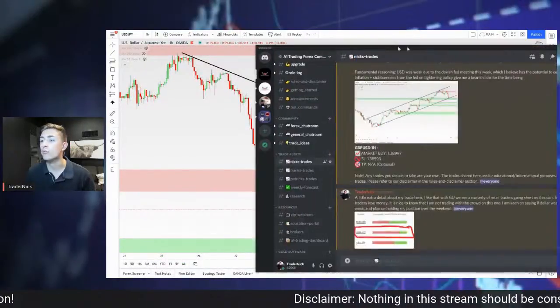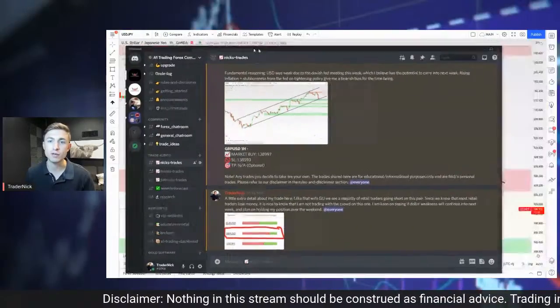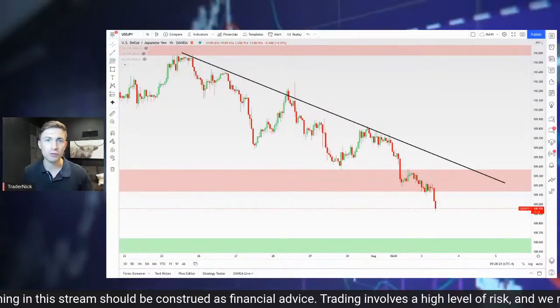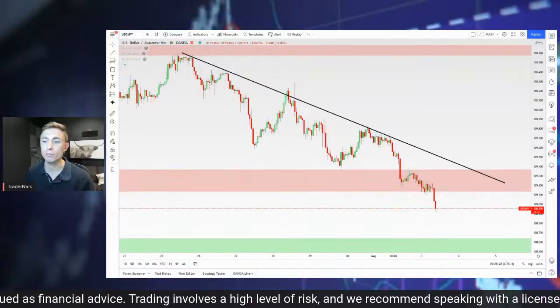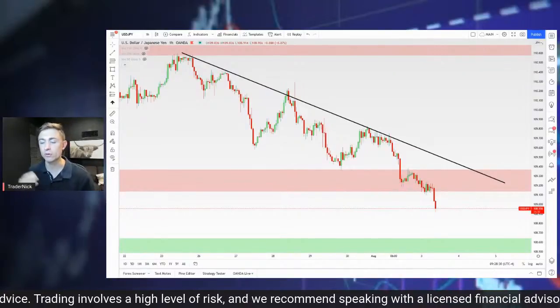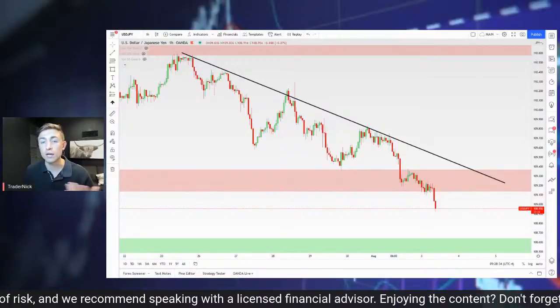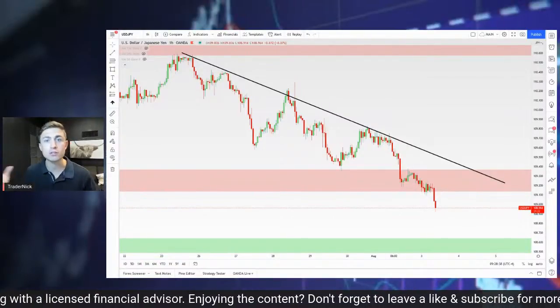Again, we also have a research section inside of our group where we basically share fundamental research that we are doing. But again, it's not something that you can just do this and you'll know fundamental analysis. Fundamental analysis is a constant project. It is always a work in progress. There's always something changing in markets. And honestly, that's why I find it so interesting as well as just useful in terms of an analysis tool.